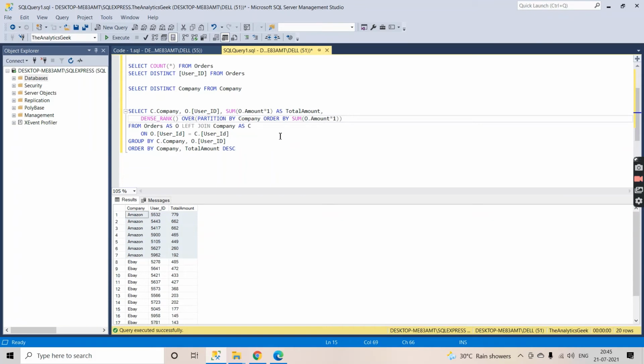So what it will basically do is order my data, or create the ranking, by ordering the data on the sum that we are doing for the amount column. And let me alias it as user underscore rank. So now if I run this query,